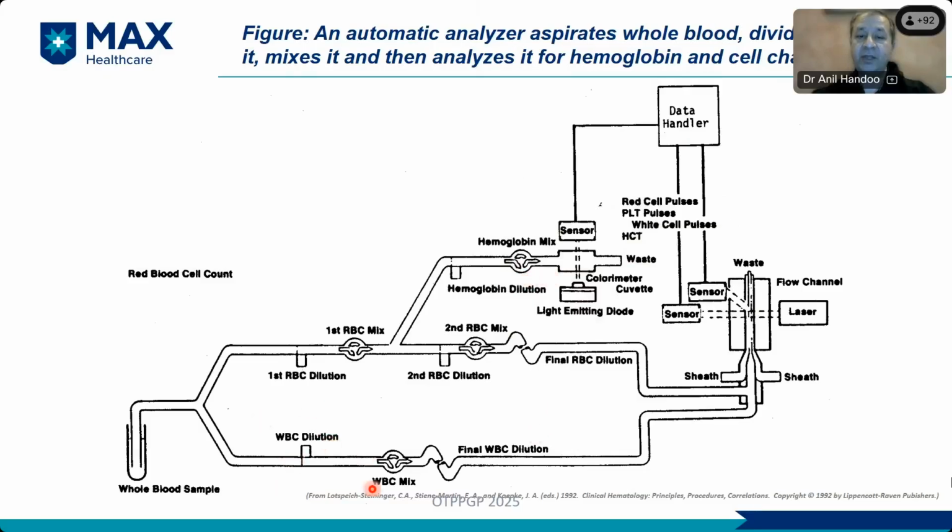Now, the second part of it is the WBC chamber. In the WBC chamber, the red cells and the platelets are useless. So obviously you want to lyse them. You want to throw them out. So you use a lysing agent, which is destroying them further and ensuring that those cells are taken away from the analysis. And all you have left with you is the white blood cells, which depending upon the